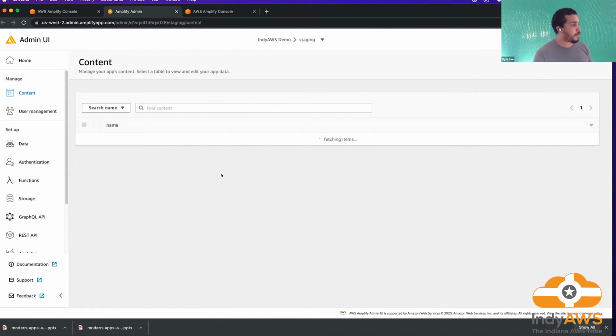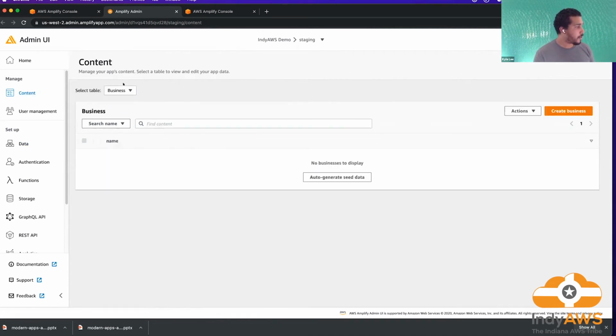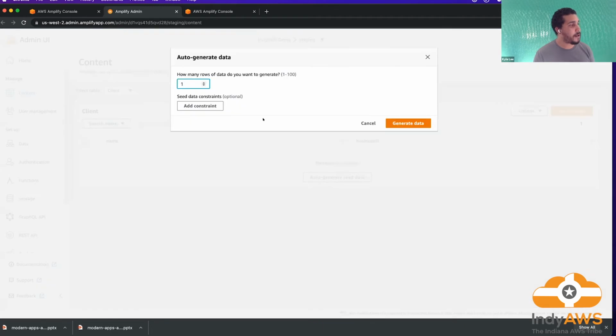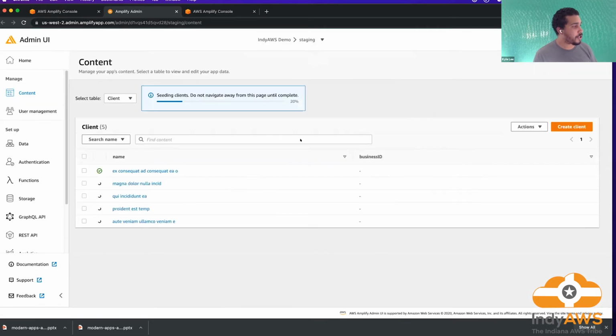The last thing that I want to show you is that you'll actually be able to seed some data. Well, we have complex models, so we can't seed data for these complex models, I don't think. We might be able to get away with it on client because it's not a required relationship. But if you have simple data, then we can simply seed data in and generate some data.